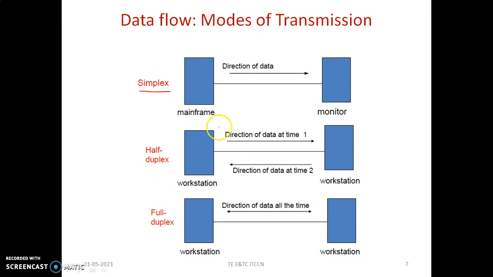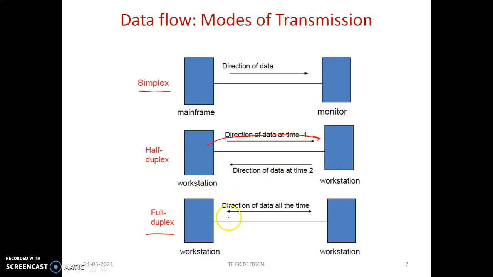Half duplex: there can be communication from both the ends, but at a time only in one direction. An example is a walkie-talkie. When one person sends the information, and when the information conveyed is over, he will say just "over" and stop conveying the information. Then the receiver becomes the sender and the sender becomes the receiver. So half duplex is the communication wherein data can be transmitted in both the directions, but at a time only one direction. Next is full duplex.